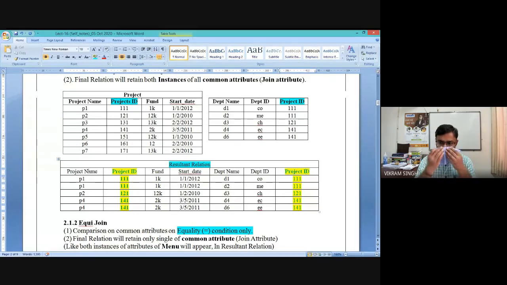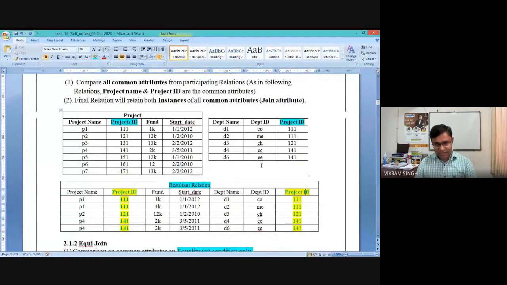That is for sure. But if you see, keeping these 2 instances of the same attribute is something which is not desired. ये तो ऑब्वियसली, क्योंकि स्टेप बाय स्टेप इसको हम बेटर करना चाह रहे हैं कि कोई भी रिडंडेंट कॉपी, रिडंडेंट डेटा हमारे पास हो ही ना, केवल वही हो और यूनिकनेस के पॉइंट ऑफ व्यू से एक ही कॉपी हो और बार बार रिपीट ना हो डेटा. That's what we are trying to achieve, right? One thing is very important here, whenever we perform natural join, which we are discussing now, it is clear that between project and department one attribute is common, one attribute is similar, which is project ID.